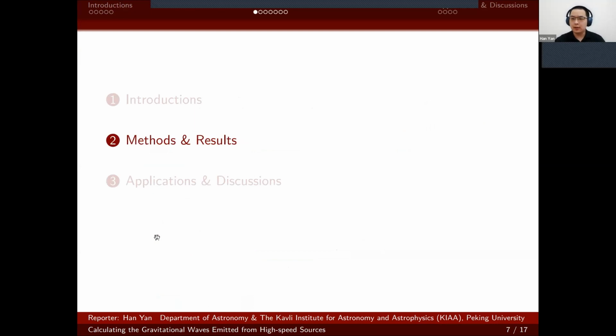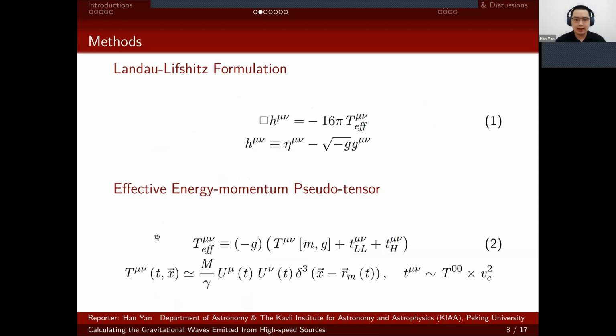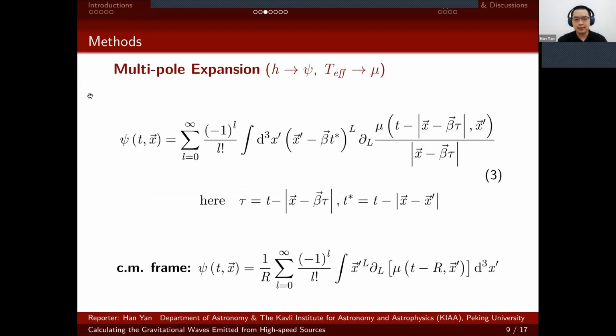Next, as the second part of this presentation, I would like to briefly talk about how we deduced that new formula. We started with Landau-Lifshitz's formulation, including a complete version of the effective energy momentum pseudotensor. After writing down this wave equation 1, we can directly integrate it as we always do in the center of mass frame to deduce the quadrupole formula. Although in this work, we calculate it in the frame of the observer, we next use a different